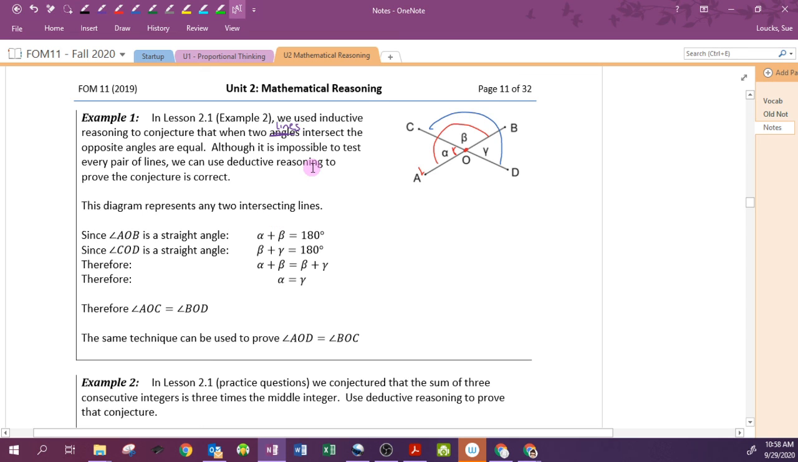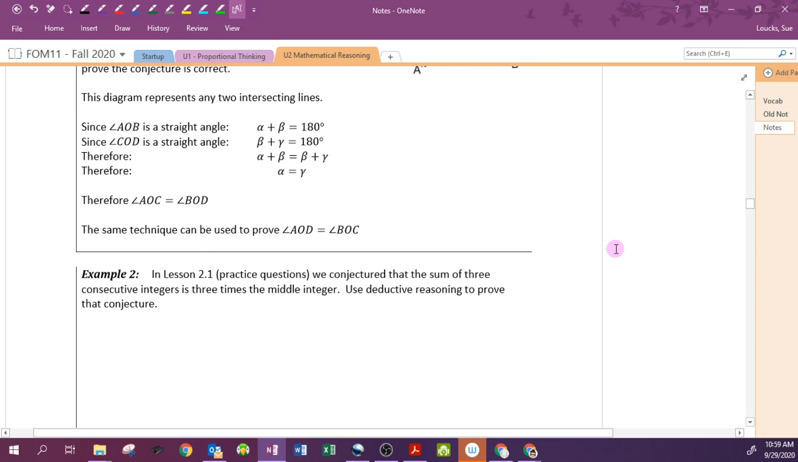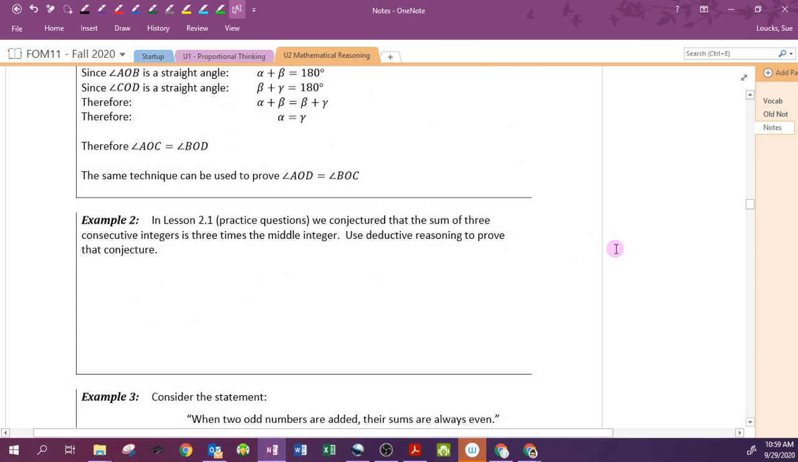Okay. All right. Also in lesson 2.1, we had a conjecture that the sum of three consecutive integers is 3 times the middle integer. Use deductive reasoning to prove that conjecture. Okay, so how can I represent 3 consecutive integers? So I'm going to say let. You guys did let statements last year, hopefully, to define your variables. Okay, it's a thing we do in math. It says I'm going to just tell you that this is how it is. So let n,